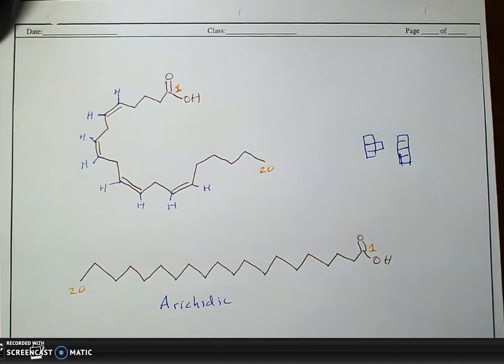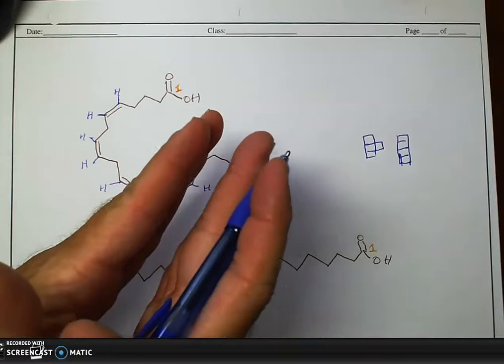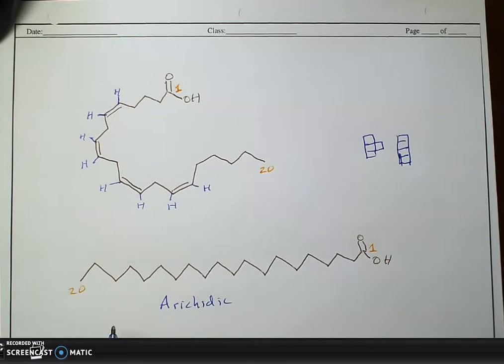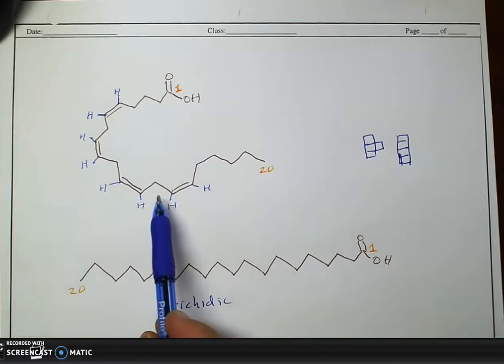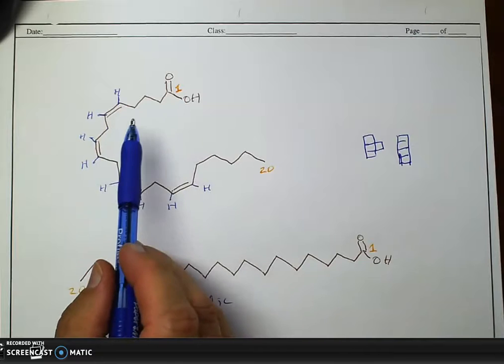And of course, that's one of the things that has to occur when something solidifies. Its molecules need to slow down and get very close to each other. So saturated fats tend to be solids because their saturated fatty acid chains can pack together much more neatly than these polyunsaturated